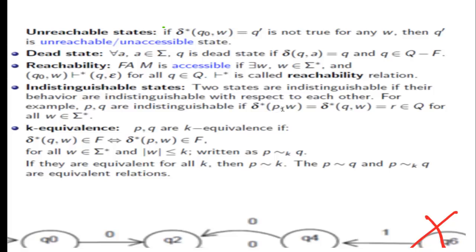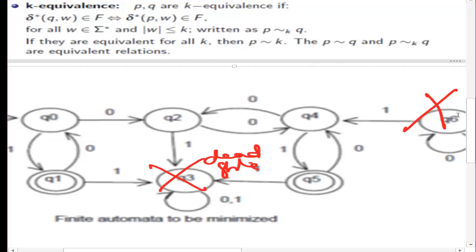So if from P, on taking a string W, you go to a particular state R, and if you do the same string from state Q and you still reach R, we say they are indistinguishable, right? And we may have different algorithms that work differently, okay. So we may also say that the states are indistinguishable if they are equivalent, and equivalent means we need to have